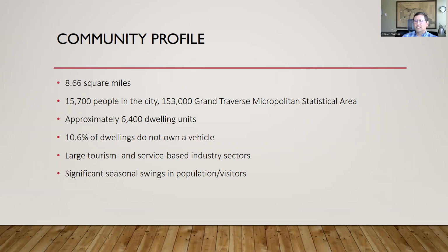I want to point out, because I think this is an interesting fact for our community, that almost 11% of our dwellings do not own a vehicle. So we hear a lot about housing and parking and the need to accommodate all that, when the reality is we have a probably disproportionately high percent of people that rely on transit and walking and biking as their primary form of transportation. Like many communities in northern Michigan, we have a large tourism and service-based industry sectors, and we